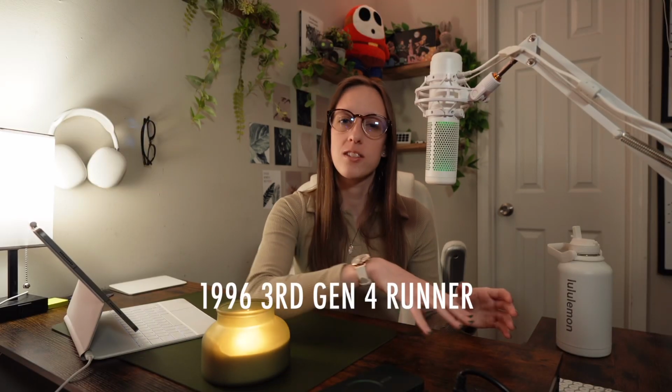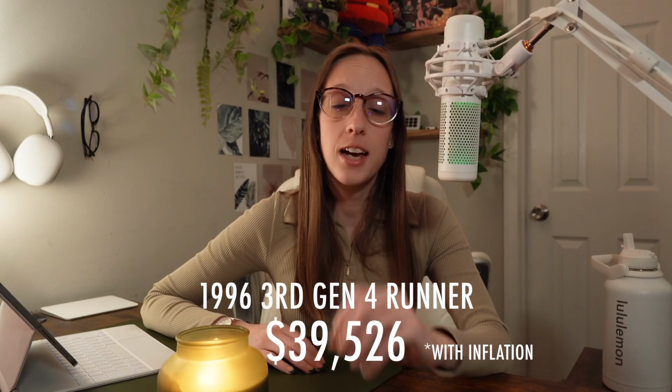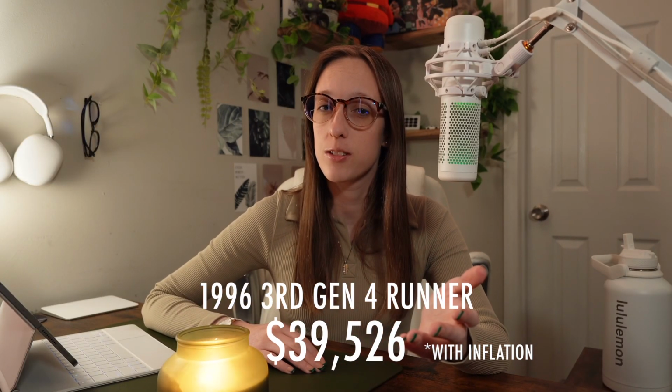The 3rd generation also came in with an all-new lift-up tailgate, which was a very popular feature on this generation of 4Runners, but there was still a lot of complaints about the gas mileage. And if the 3rd generation 1996 4Runner was to be released today, with inflation in mind, then it would be released at about $39,526. Now the 4th generation released in 2003, at a starting MSRP of about